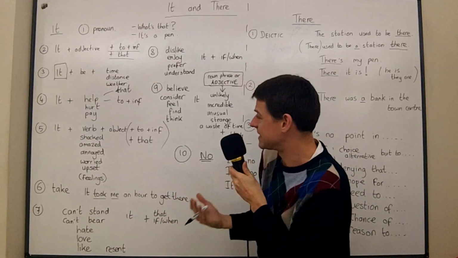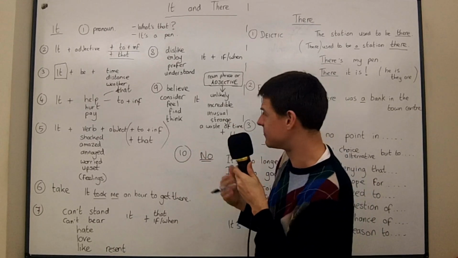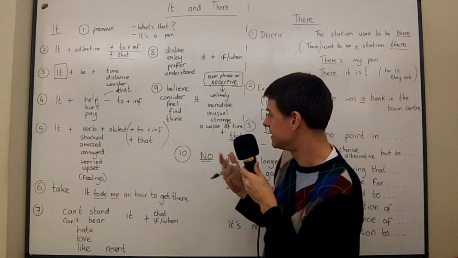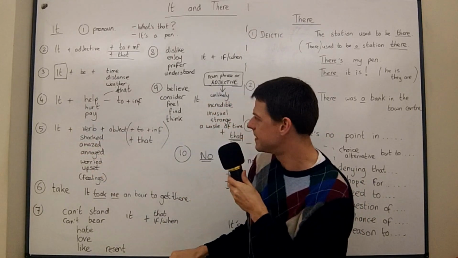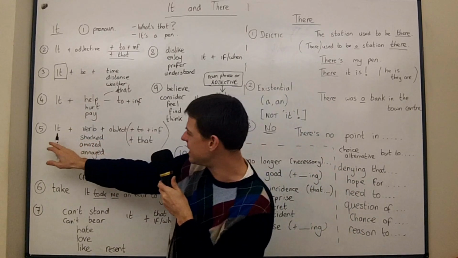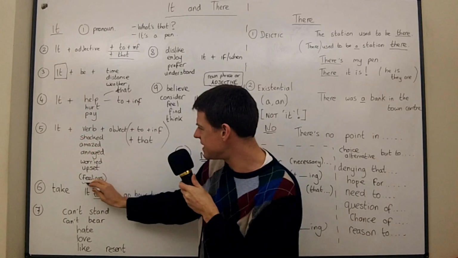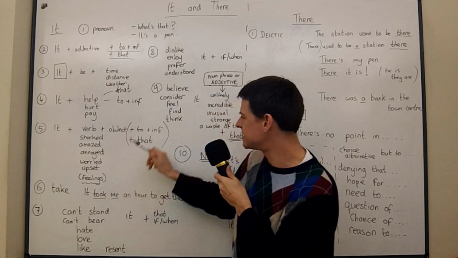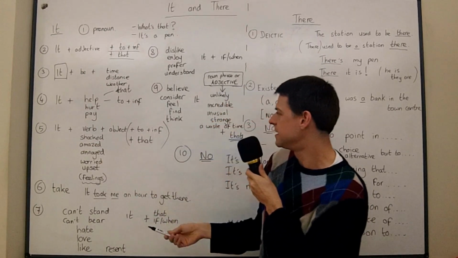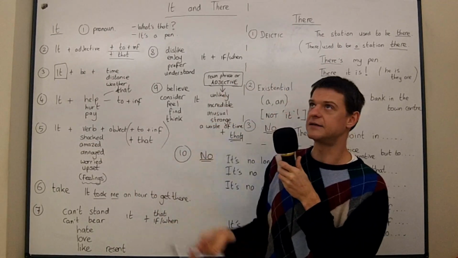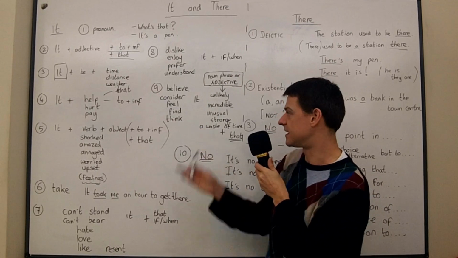Yeah, perhaps it was a particularly large amount of money, and it was painful, so it hurt to give him the money. And we can even do it with the verb pay. We can also use it with a verb which is a feeling, and then an object, and then to plus infinitive or that. So it shocked me to learn that, I don't know, it shocked me to learn that he